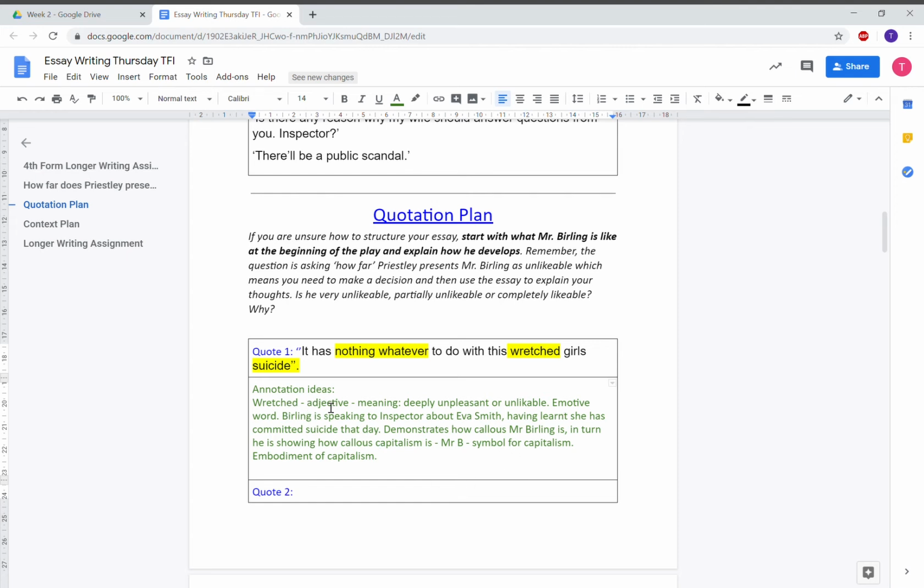Wretched is an adjective. Its meaning is to be deeply unpleasant or unlikable. It's definitely an emotive word. And Birling is speaking to the inspector about Eva Smith here, having learnt that she's committed suicide that day. So that demonstrates how callous Mr. Birling is. And in turn, he is showing